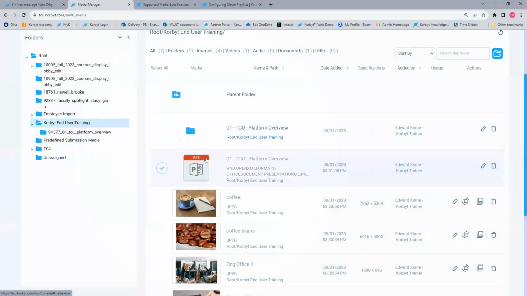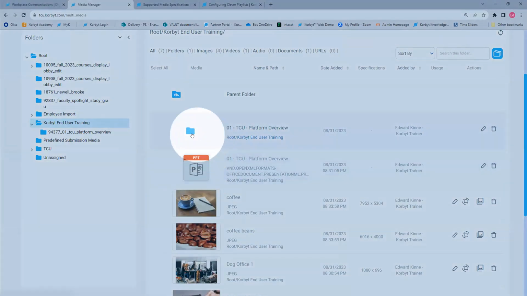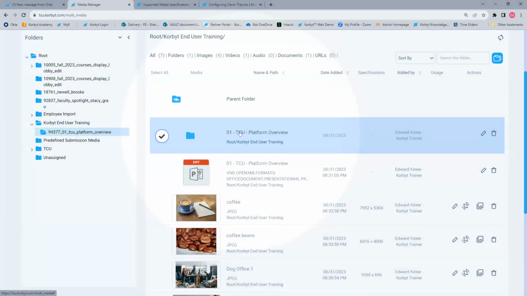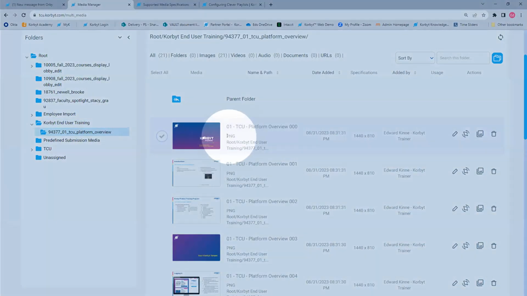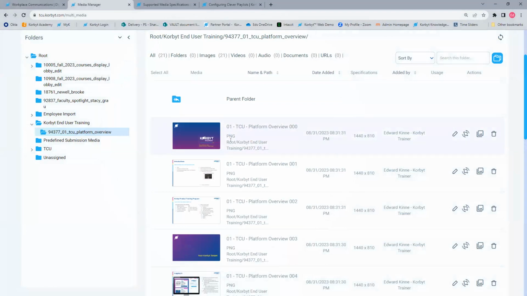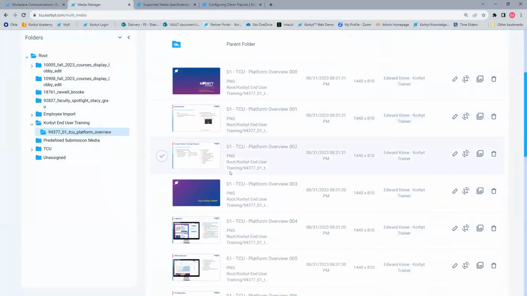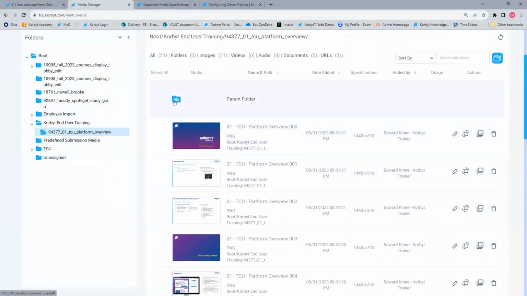Because the playlist system doesn't accept PowerPoints or PDFs directly, one of the things the Media Manager will do when you import one of those is it will create a new folder. And in that folder, you will find image files of each slide or page from the original document. So it's going to create a series of images for you based on the PDF or the PowerPoint.